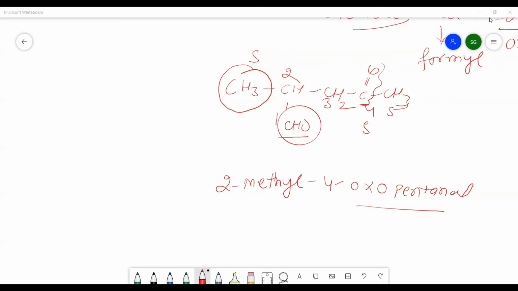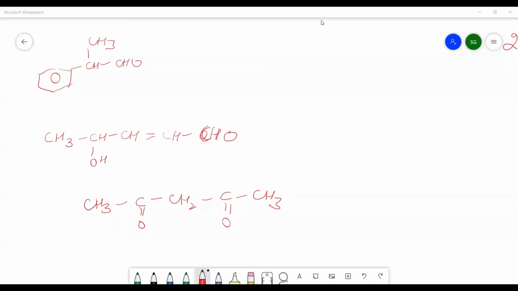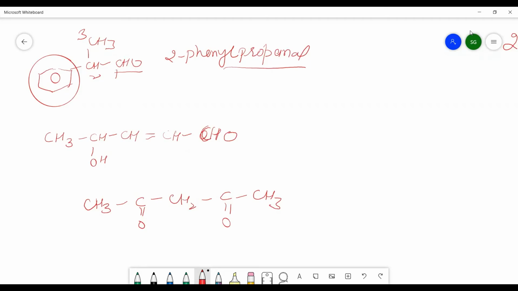We will see more examples. Now see some questions regarding the IUPAC nomenclature. Now you will see here the CHO group is present and the phenyl group is present as a substituent. So what will be the nomenclature? The nomenclature will be 2-phenyl. You may write by yourself also. 2-phenyl propanal, as there is no double bond or any other functional group present, so it will become very